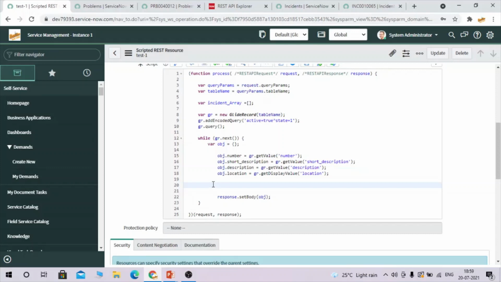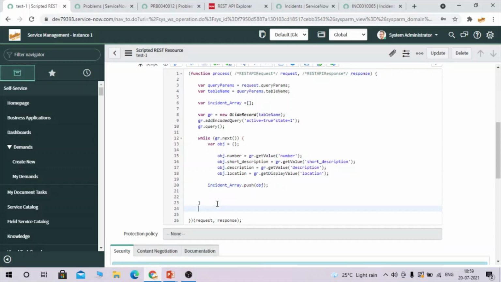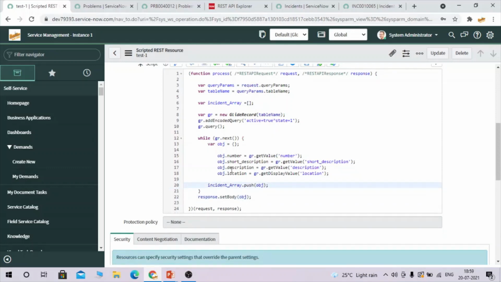By using the array which we have defined, dot push, and we can push the object. And now after the while loop we can set the response body. That's all.